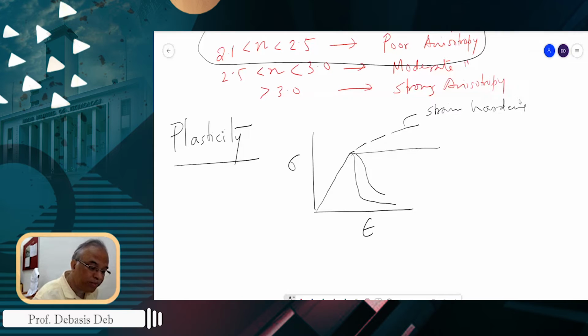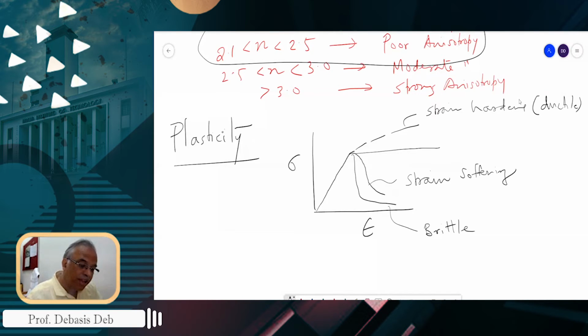We call this strain softening. This we call brittle. This is also called ductile, okay? And this is what we call the perfectly plastic